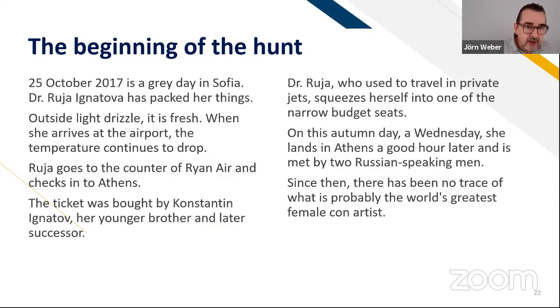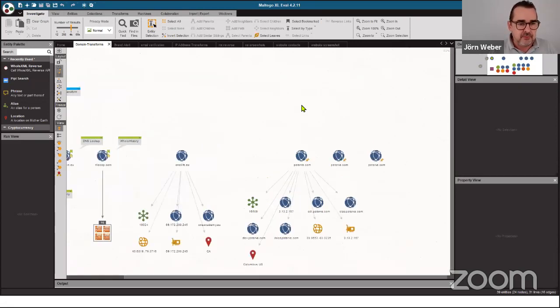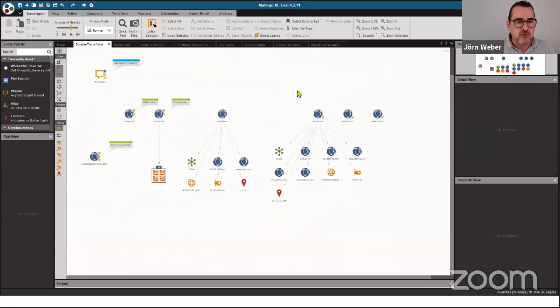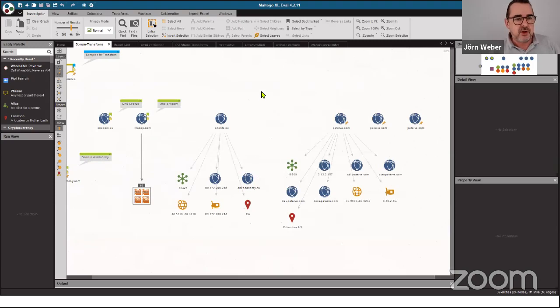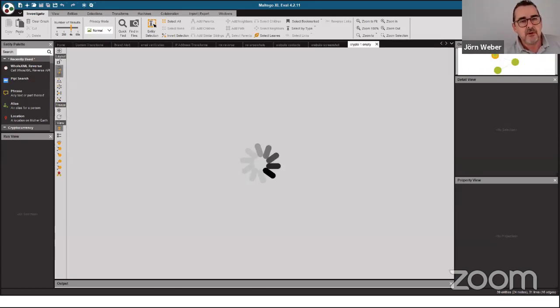So here we are now in the live view. This is some of the stuff that I already showed you from the domain transform that I did. I think we can directly start with the crypto queen case, and let me just open the thing here.